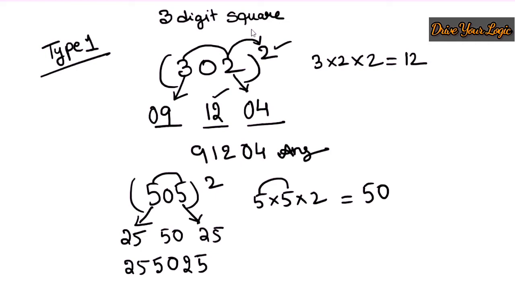There can be cases where you get a 3-digit number. Whenever you get a 3-digit number, you write down only 2 digits and 1 digit you carry. And addition also, just add in full, like 50 plus that one. Don't add a single digit. I will show you in my next sum. So this is type 1. I hope type 1 sums are clear.